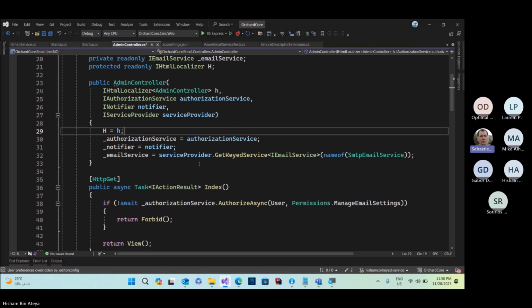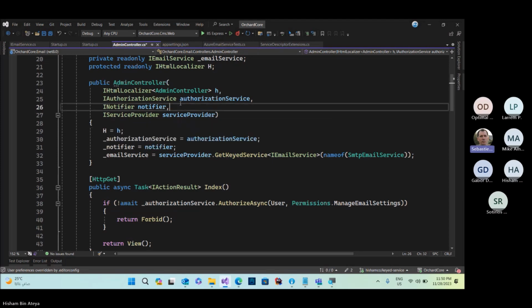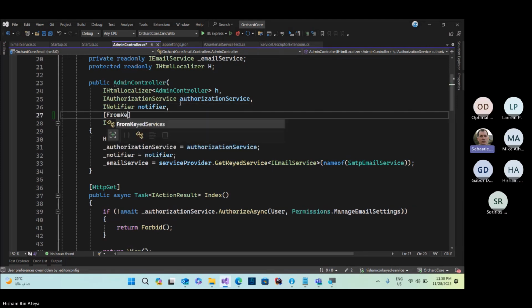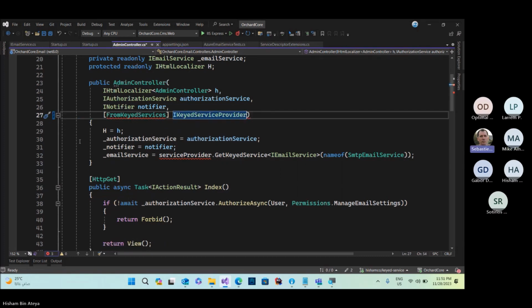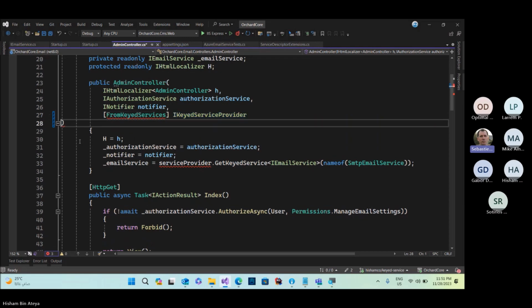And maybe because nobody thought about doing what you did, which shows that it's wrong, using the service itself as the key, which is weird. So yeah, here you should just have resolved SMTP email service. There is no reason to use a keyed service here. However, you can still use a keyed service here because, well, let me think.